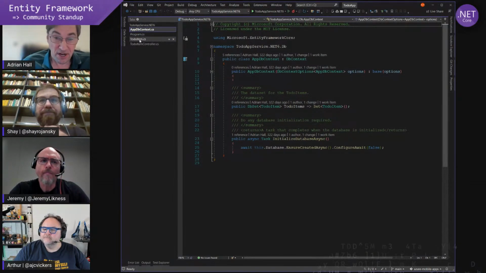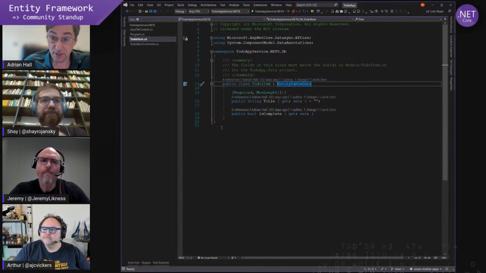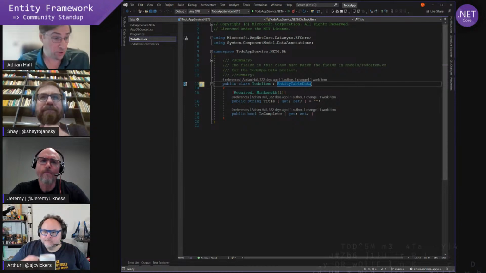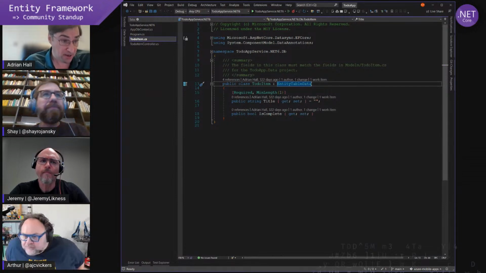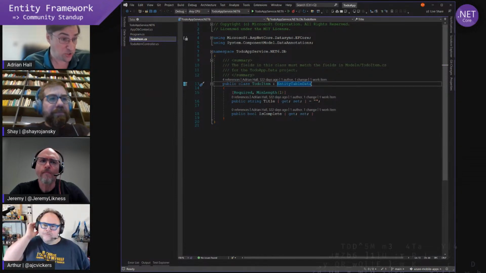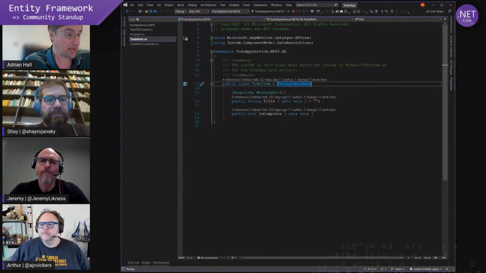The differences are in the models and the controllers that you use. So the model, we've got a couple of extra fields. This is where the opinions of the platform come in, to say this is how we make sure that we can do things like incremental synchronization, so you're not dragging over the entire table every time you synchronize.